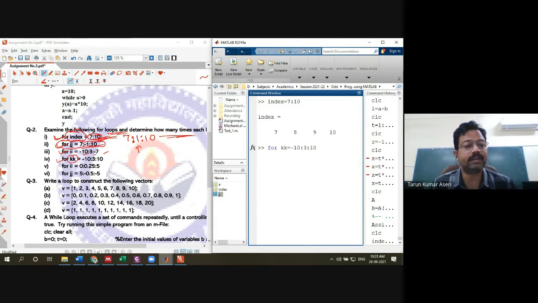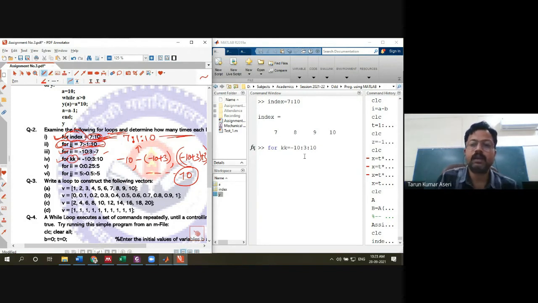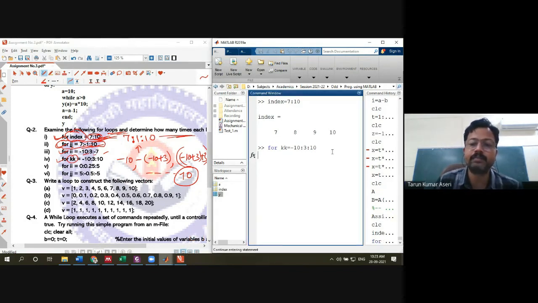What is the meaning of this? It will start from -10, then at the second position it will be -10 plus 3, and at the third position it will add 3 again, and so on, until 10 is reached. For example, here I can enter this and check what the value should be. Like that you can perform the operation.